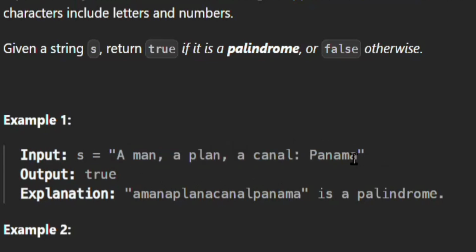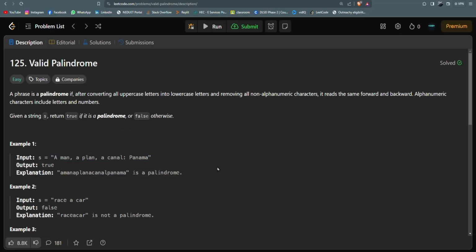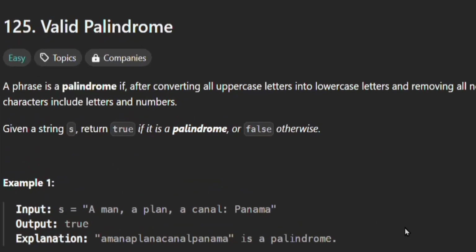Look at this: a man, a plan. You can see a plan. This is the plan. A canal, and this is the Panama. So you can see that if we read it in reverse order, it reads the same way, right? So we need to check whether a string that will be given to you,